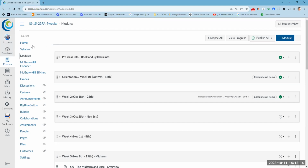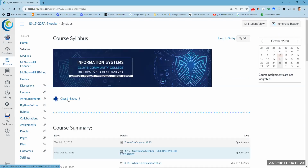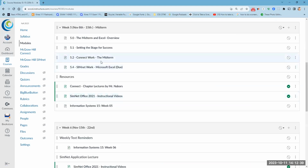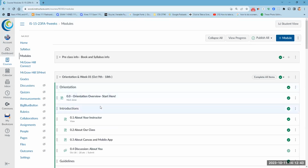Do make sure that you go over your syllabus. Okay. Syllabus is a big one. You get it right there. I will connect with you. I will send you videos basically on Connect, how to do it, and how to do SIMnet in modules. If you look there, I forgot to show you the Connect one. When you're in Connect for week 1,